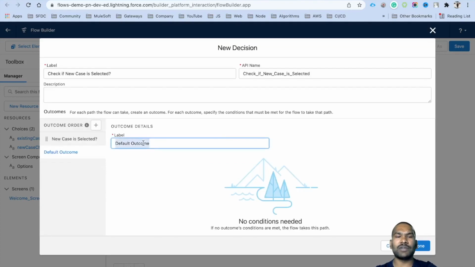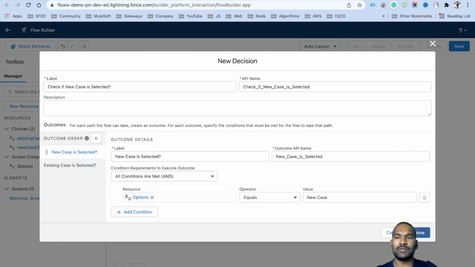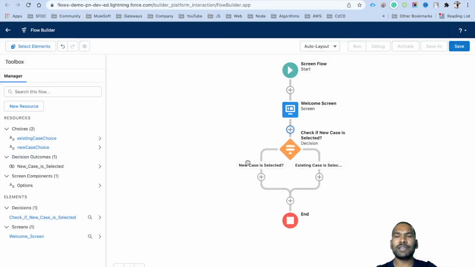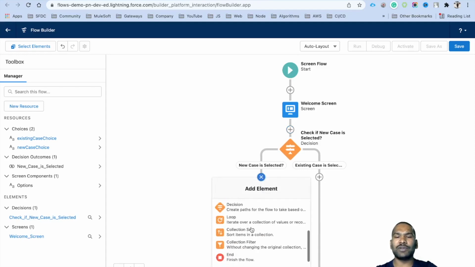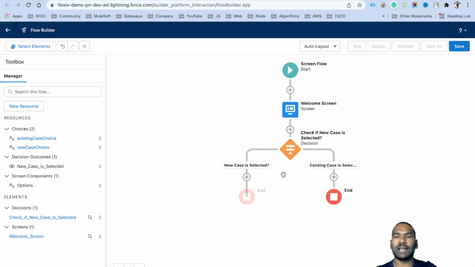For default outcome, let's quickly rename it to existing case, because if the choice is not new case, that means it is already existing case. Go ahead and click on done. Now you've got two separate paths for existing case and for new case. So for now, for new case, we'll go ahead and click on add end